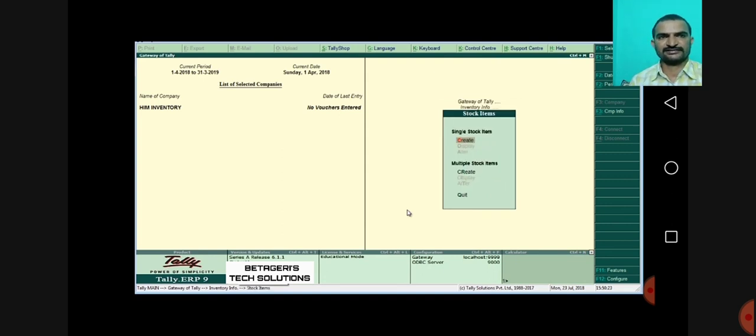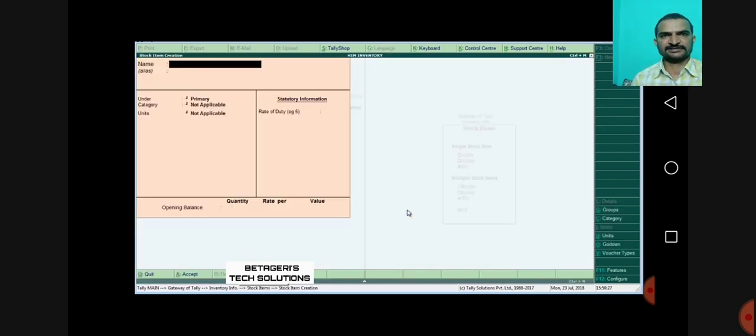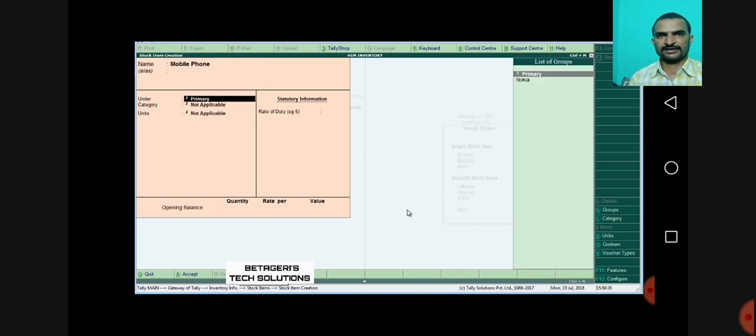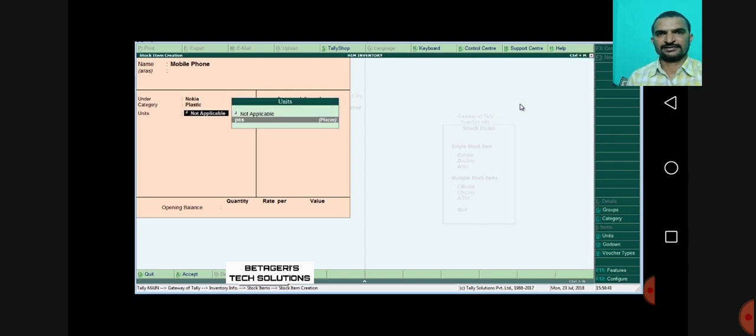Here you can create a stock item by filling in the specified fields. So mobile, I am filling the field mobile phone, under Nokia, category plastic, pieces.